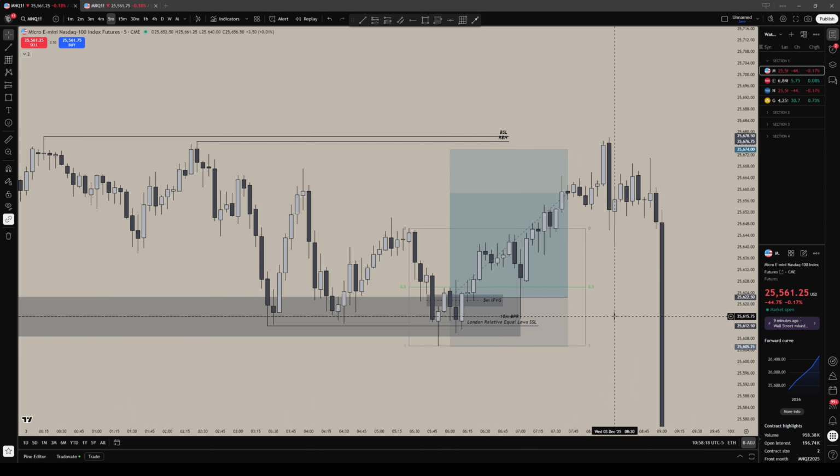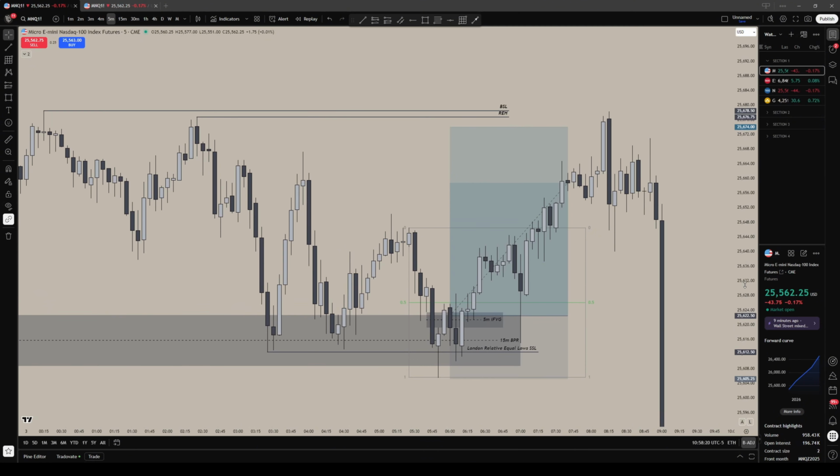Price likes to make equal and relative equal highs and lows. Put your take profit, I don't see people saying this tip, but I do it. Put your take profit a tick or two below the level, and put your stop loss a tick or two beyond the level, or vice versa on shorts, higher than the levels. Look what happened here. I mean, if you targeted here, you'd be fine. I targeted here. My stop loss was here.